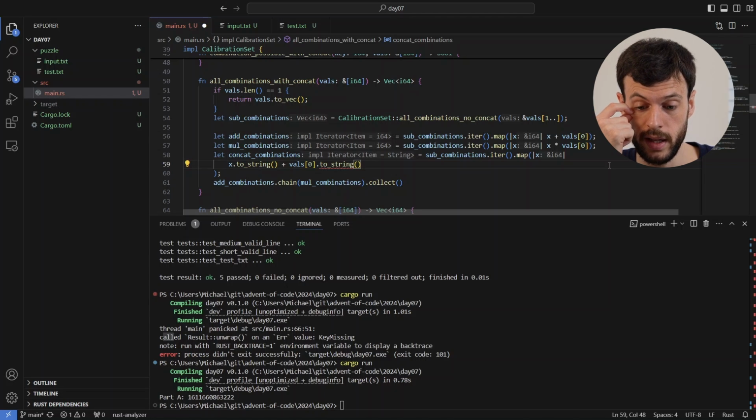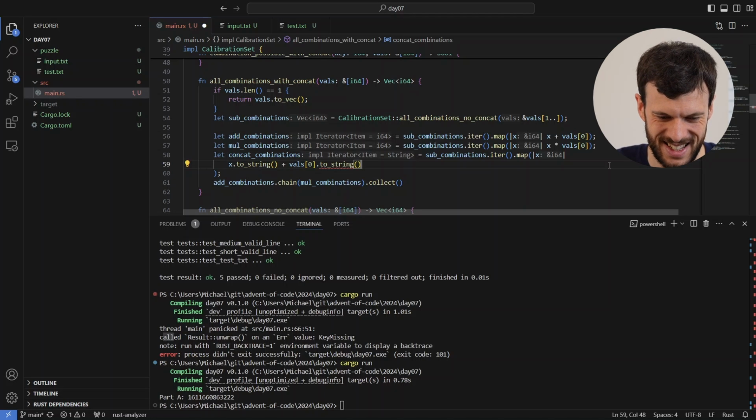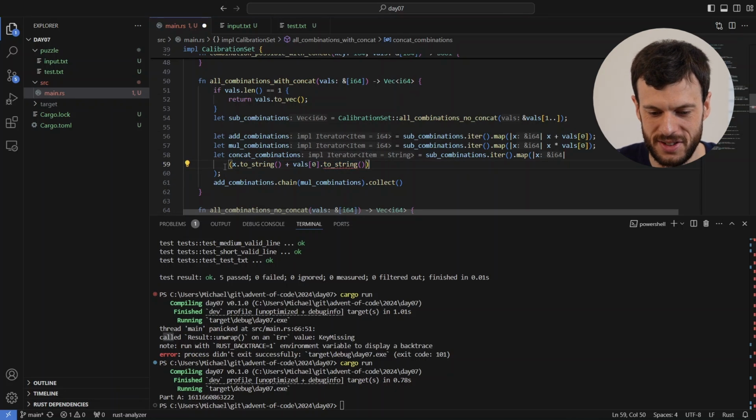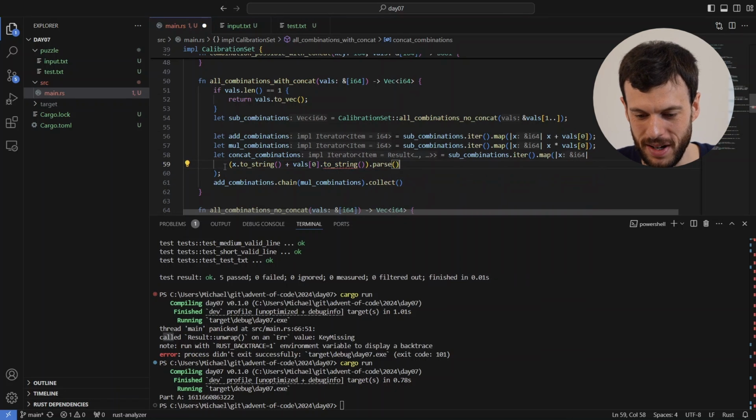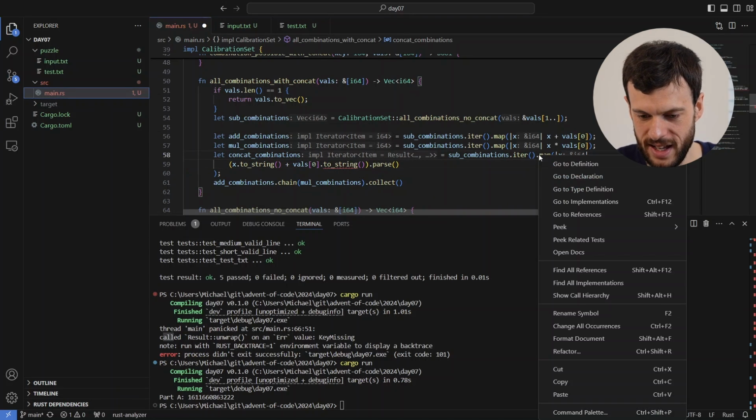So if we're evaluating, it's one of these two. I can't figure it out off the top of my head, so I'm just going to parse and I'm going